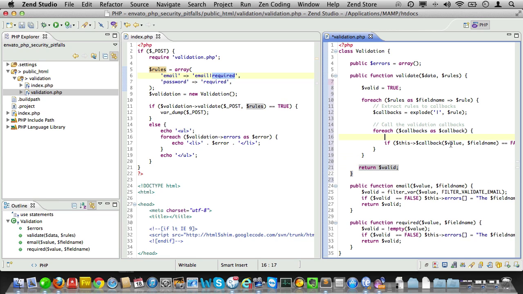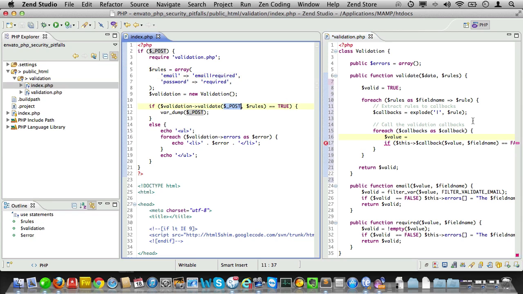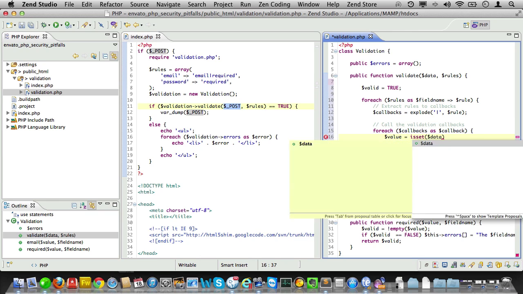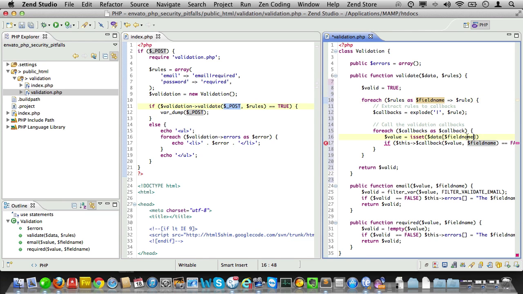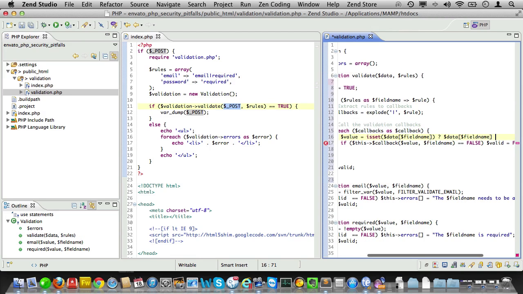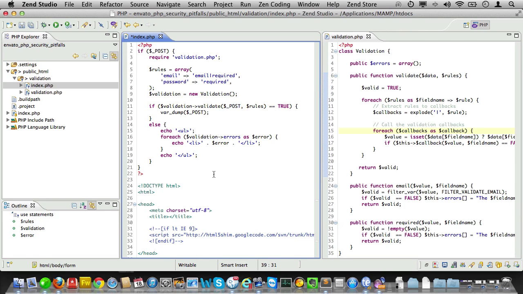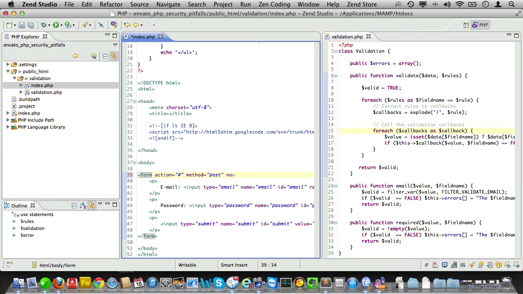Okay, now I think that all that's left to be done is to set the value of this variable here. So we'll just do value equals, and as you remember, we were expecting an array here. So we'll just do value equals, and then we'll just run an isset. If the data field name actually is set, then that's what we'll be using to set the value variable with. And if not, we'll just set it to null because it doesn't exist. Now we're almost ready to see if this works, but first let's add novalidate to the form tag here, because we don't want to be bothered with HTML form validation.